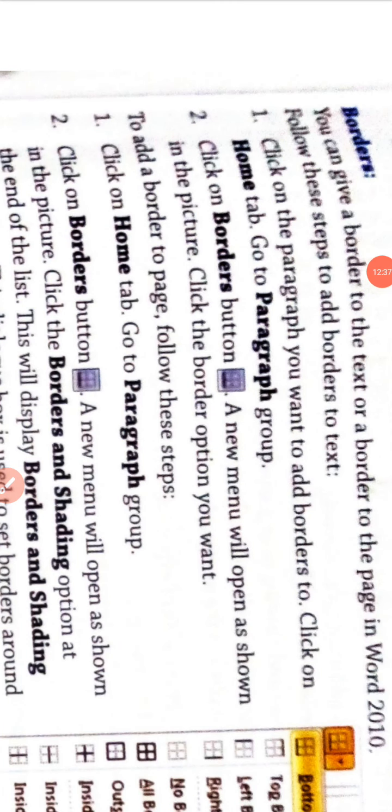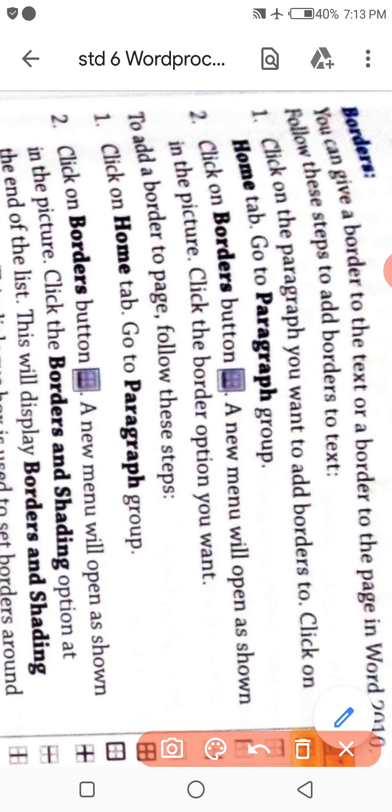Border. You can give border to the text or a border to a page in MS Word 2010. The following the steps to add border to a text. Click on paragraph. You want to add border to it. Click on Home tab. Go to Paragraph Group. Step 2. Click on Border button.